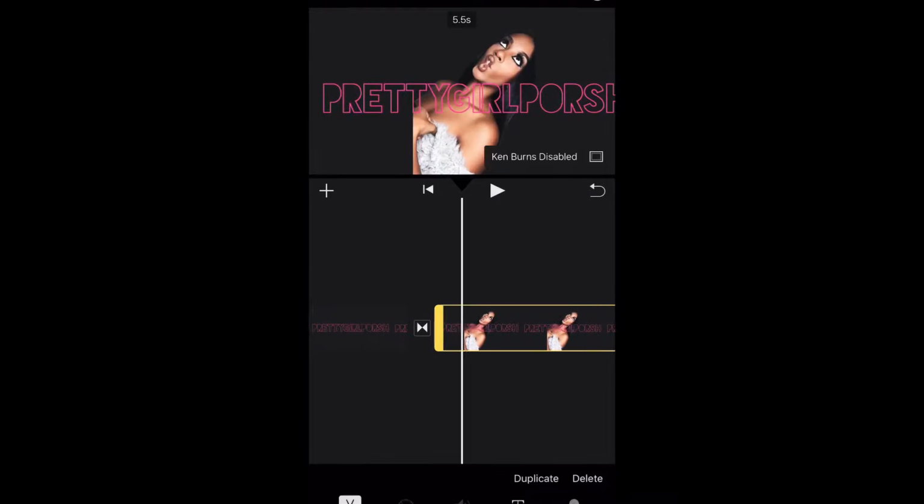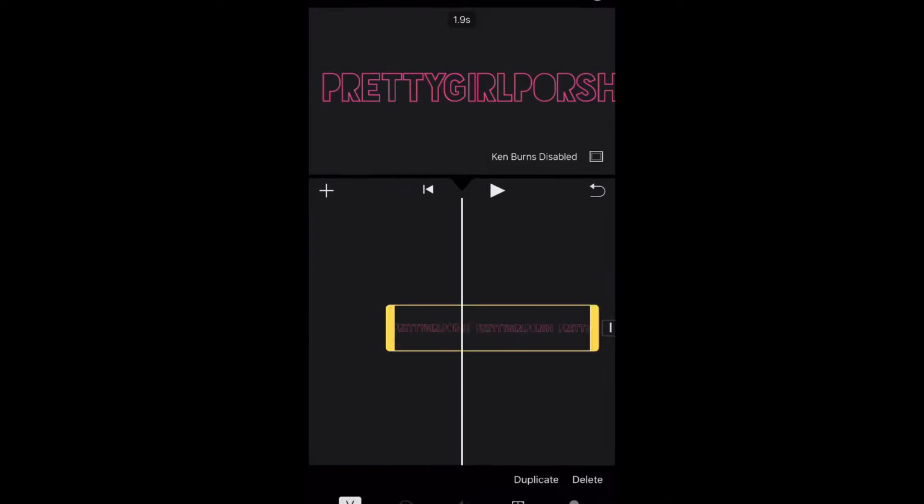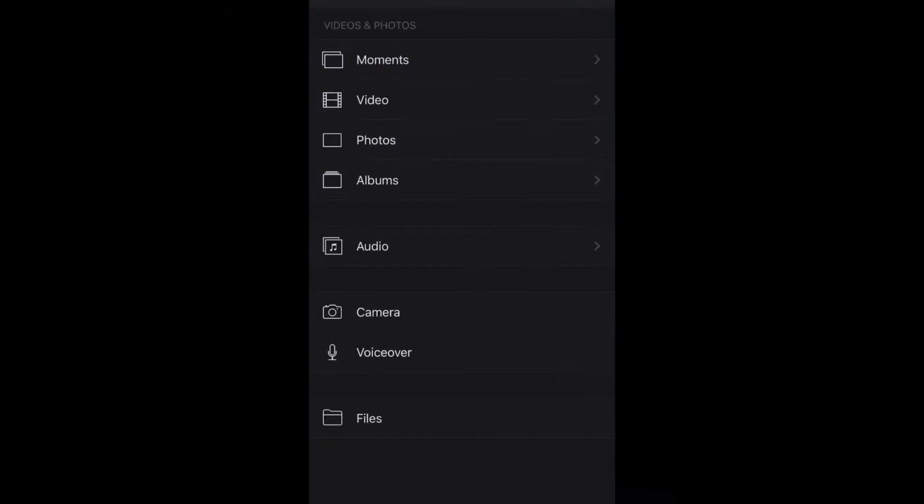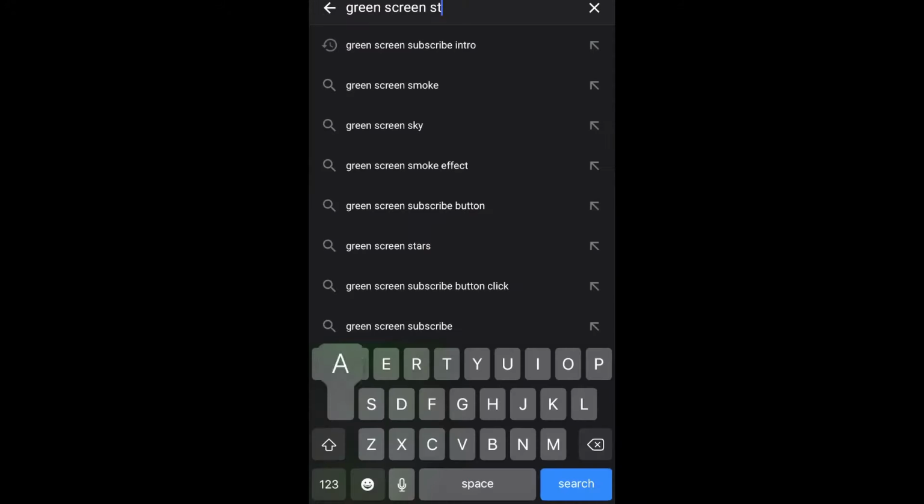And then also you can cut the clips where you want. You can adjust them, make them slower, faster, play around with it in iMovie. If you need another video on how I do that specifically, I can definitely make that. But once you get that in there, you're going to go to YouTube and we're going to search green screen